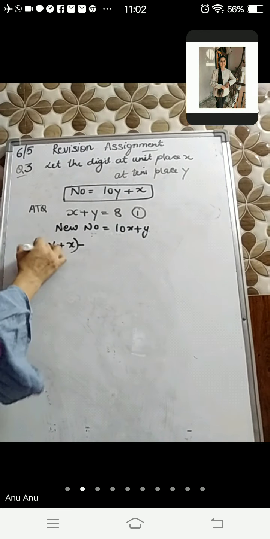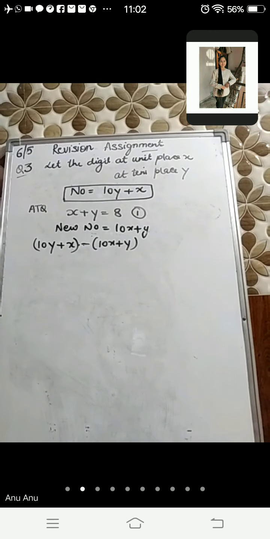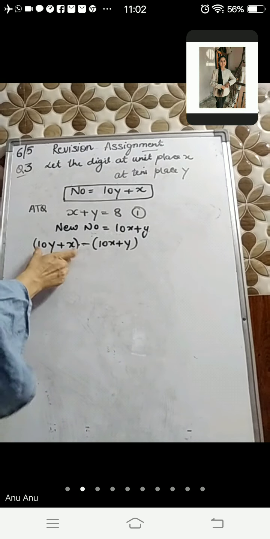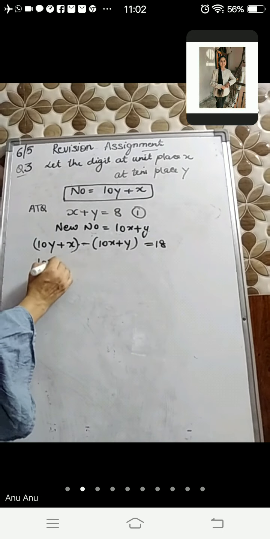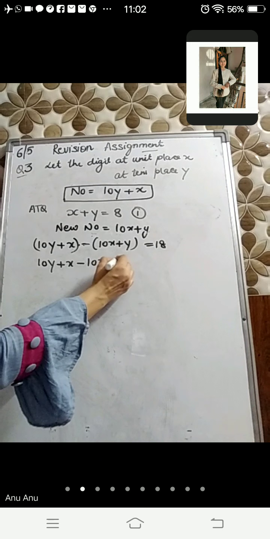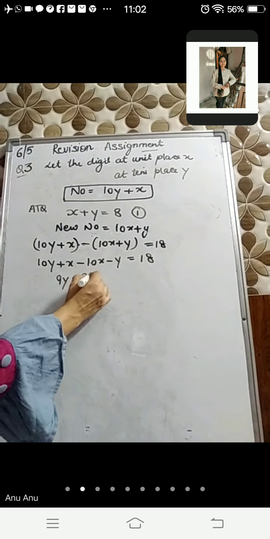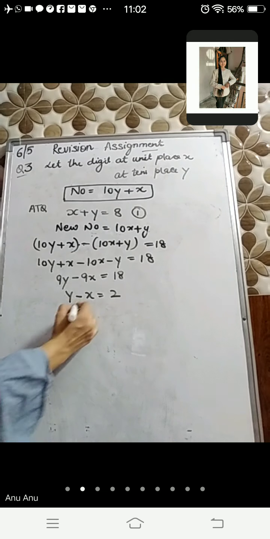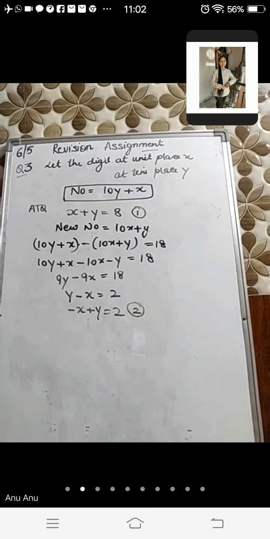Nana is there in the class. Nana, this is the same as the question you asked me. In that also it was the same: take a 2-digit number, reverse it, and the difference of the two is 18. In that also you have to do the same. 10y minus y is 9y. 9x, plus minus minus sign will be of the greatest. So this will give you y minus x is equal to 2, or minus x plus y is equal to 2. This is your equation number 2. Now, how will you find x and y? And then x and y you will put in this to get the number.